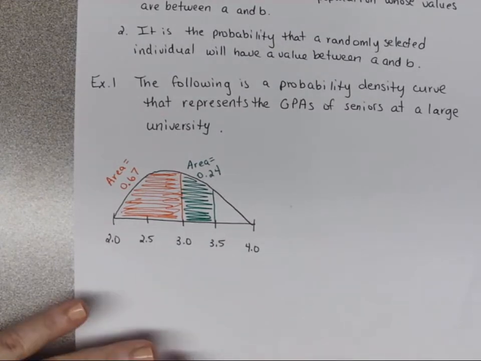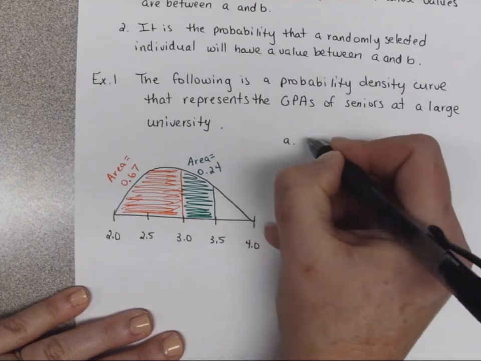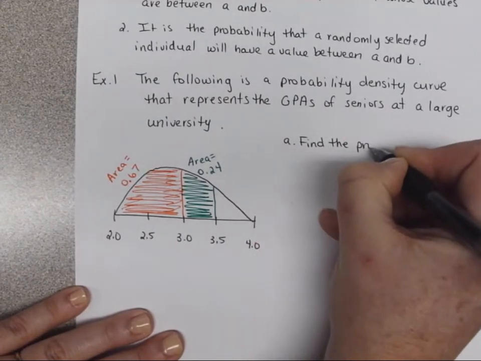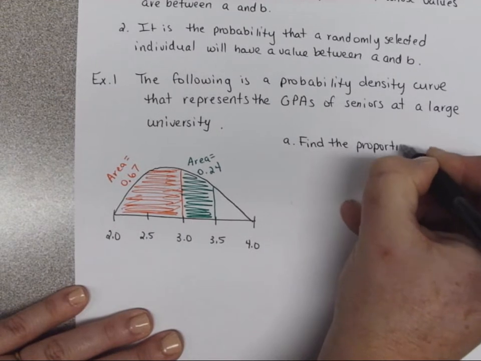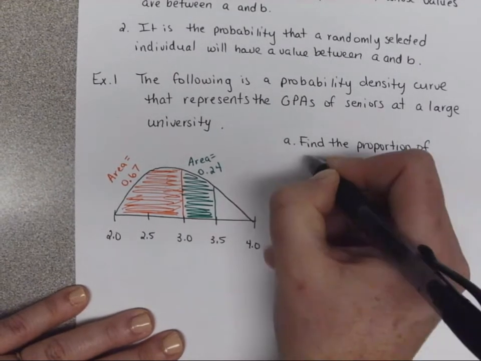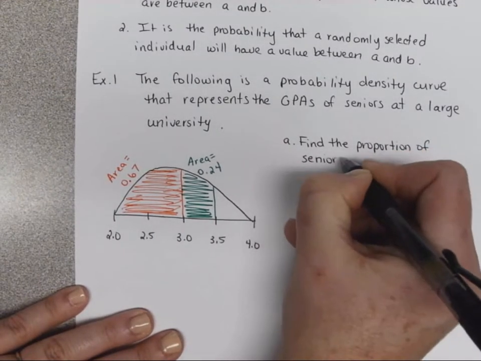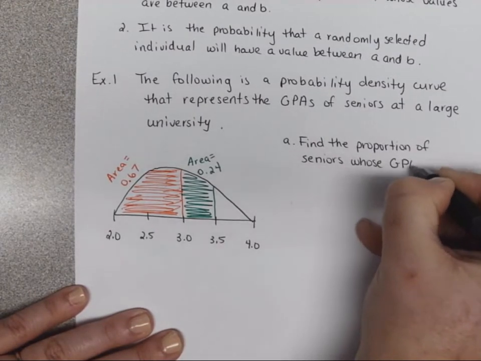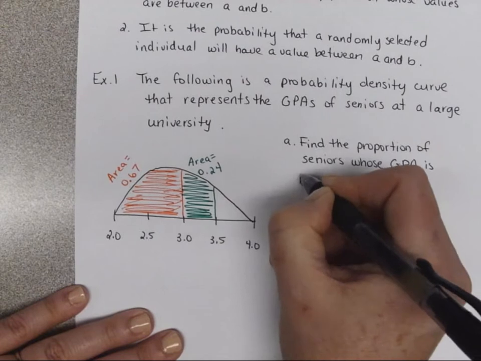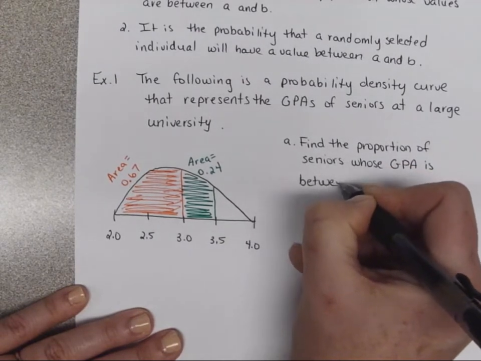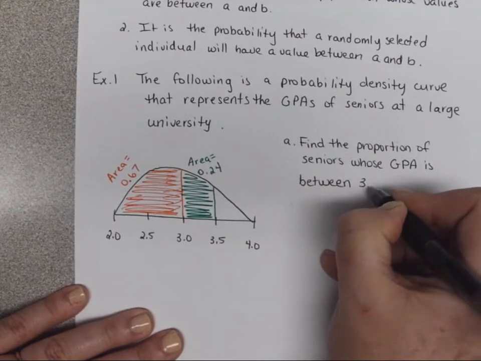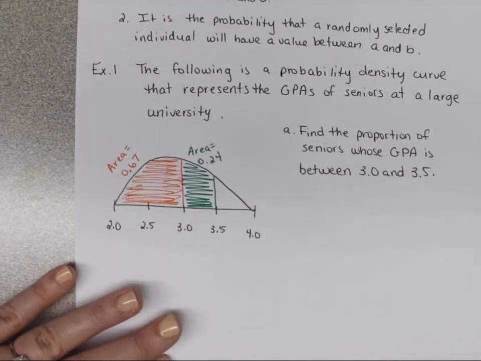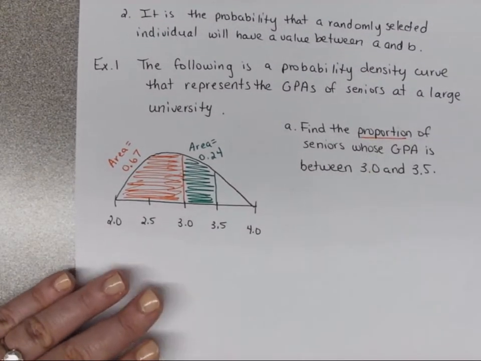Okay, so with these values, I want you to answer the following questions. The first one is find the proportion of seniors whose GPA is between 3.0 and 3.5. Okay, so in this question, I'm asking you for the proportion, which is one of the